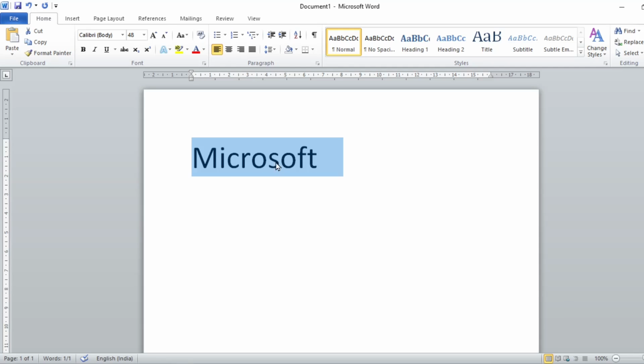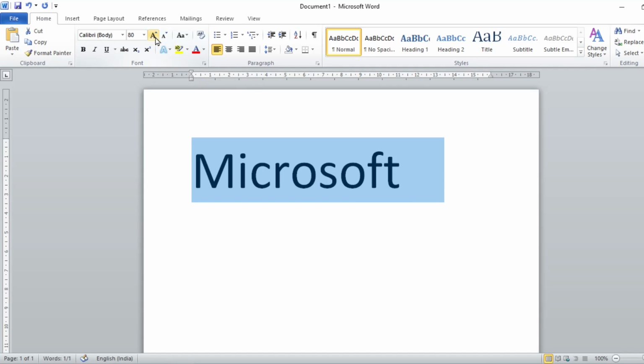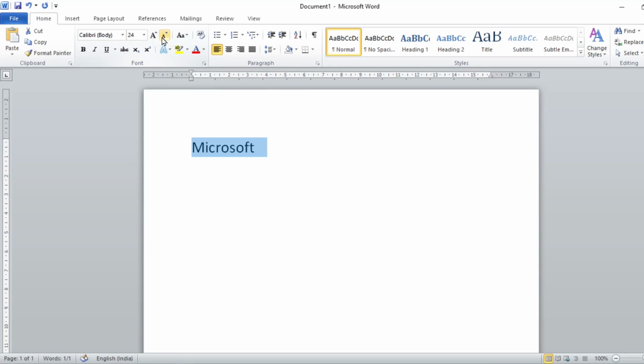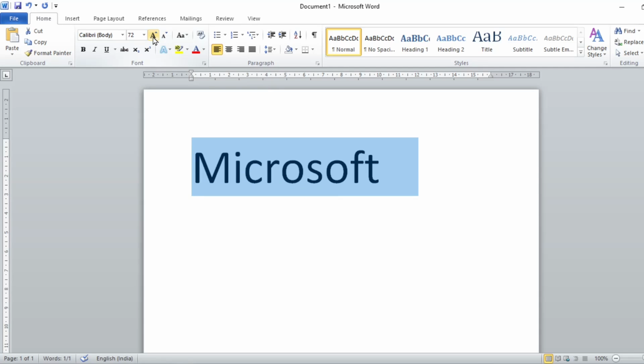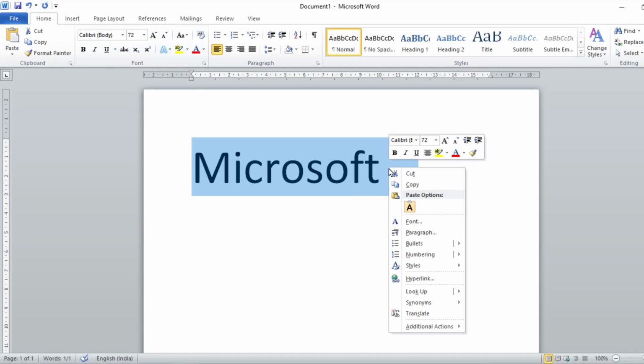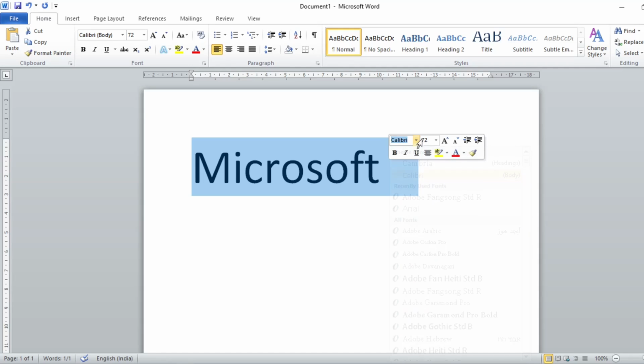At the same time, you can also change the font size over here as well. You can grow and shrink. If you click this button, it will grow, and if you want to shrink your font, you can just shrink the font as well. You can also select the text and right click, and you will get another small window like this. You can select text size here, the same thing which was here, and it will be available over here as well.